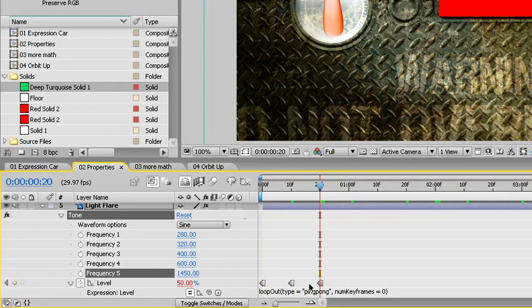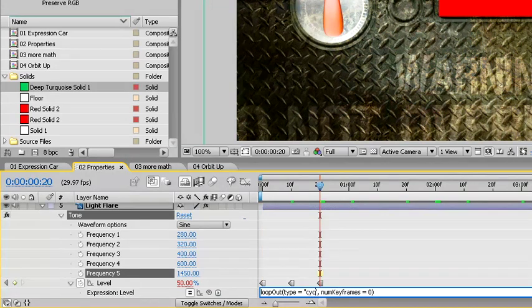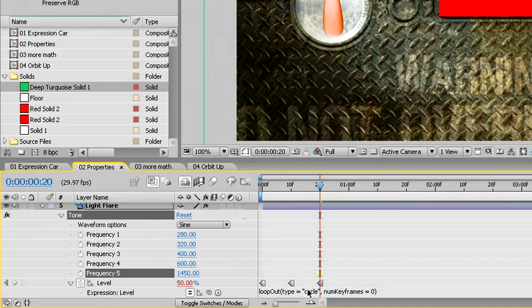We'll change the type of effect back to cycle. So double-clicking in the expression window, we can modify the expression to change ping pong back to cycle. If you've typed the word cycle incorrectly by clicking, then typing cycle,